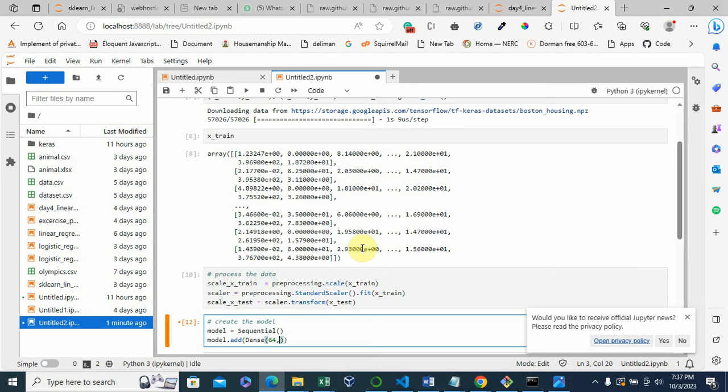So the next thing we want to do is to put the kernel initializer. When your kernel starts, it initializes with a certain structure. There are a lot of kernel initializers. You have normal, where maybe all the shapes would have a value of 1. You can initialize zeros, which means the shapes will initialize themselves as zeros.